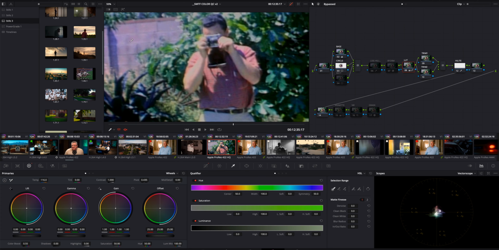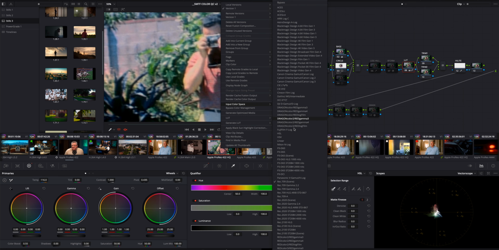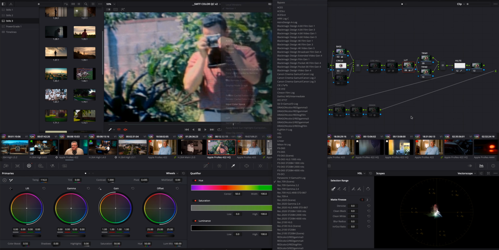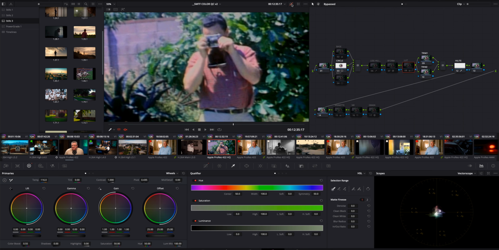In this case, we had some really odd color hue skews happening, which was not what we were looking for. I wanted this to look a little more natural. So here's the before and here's the after. This is done pretty simply on this particular shot, where this is just in the input color space. I just set it to 709 scene, so nothing complicated. This is the before, and with a little bit of contrast adjustment,